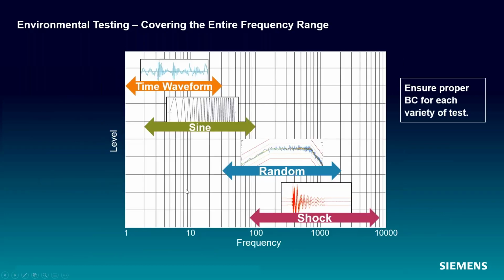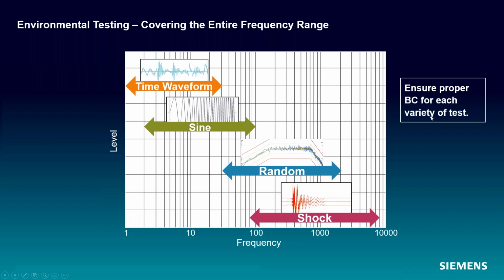Now, generally, random falls into this 20 to 2000 hertz range. That's what you typically find for these type of specifications, as opposed to some other, like sine or time waveform replication, which is generally lower in frequency. Shock is absolutely higher in frequency. We're putting an impulse into the system in some way, and of course, impulse functions have this property of having infinite frequency content. So shock can go to really high frequencies. But again, we're going to talk about random today, and that very typically falls in this 20 to 2000 hertz range.